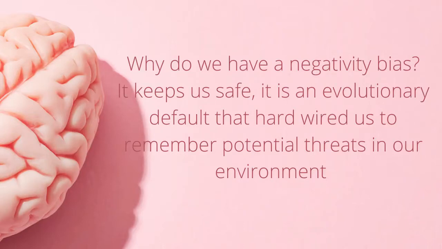The negativity bias is something that we have evolved to have. You will be able to see more potential risk outcomes, and the more risk you can see, the more likely you are to be able to avoid it. So if you can avoid it, then you are theoretically keeping yourself safe. And that's how our brain has evolved, to keep us safe no matter what. So we will default to a pattern that will help us to remember things that will keep us safe.